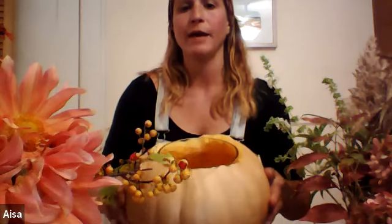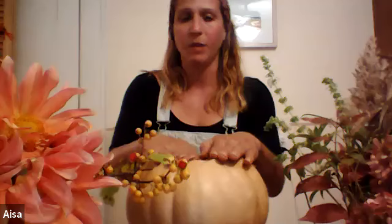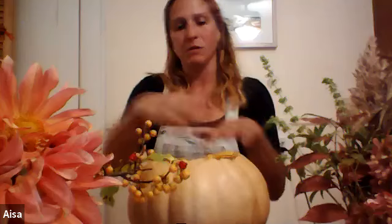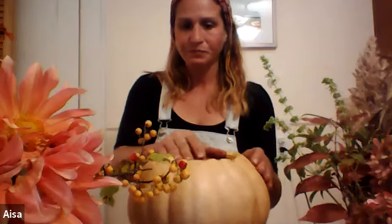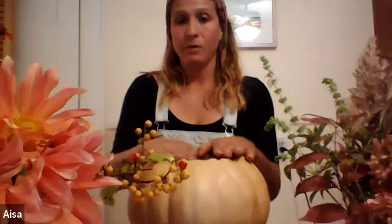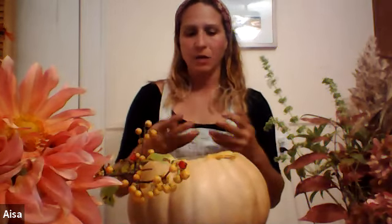So now I have this vase that I'm going to arrange in, really, even though it's inside of the pumpkin, but I'm using my vase to arrange in. It's giving me a nice cylindrical shape, and it'll be perfect for my maybe 12-inch arrangement. Another technique, which I'm going to show you tonight, is using chicken wire as an armature, sort of